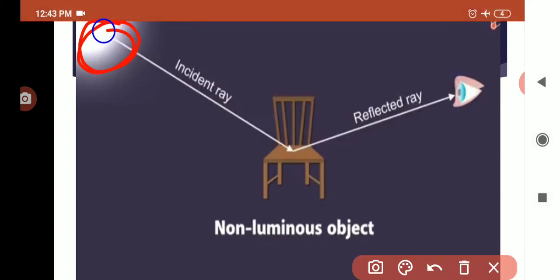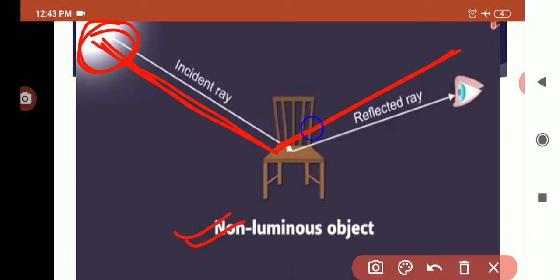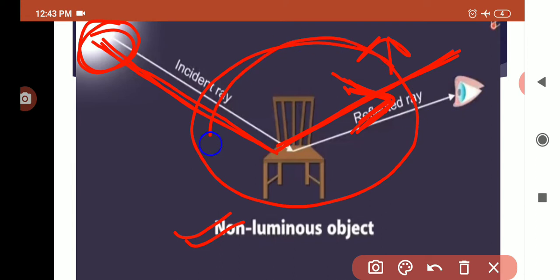Now let us deal with one more example to clear our concept. Let us consider this is the sun, which is a luminous object. Now it is giving us the incident ray. The incident ray is coming from the sun and it is falling on a chair, and we know that the chair is a non-luminous object. As soon as the incident ray strikes the surface of the chair, it forces the light to bounce back, and the bounced back light will reach our eyes. So this bounced light, और ये जो light bounce होके वापस गई है in the same medium, this is known as reflected light, and